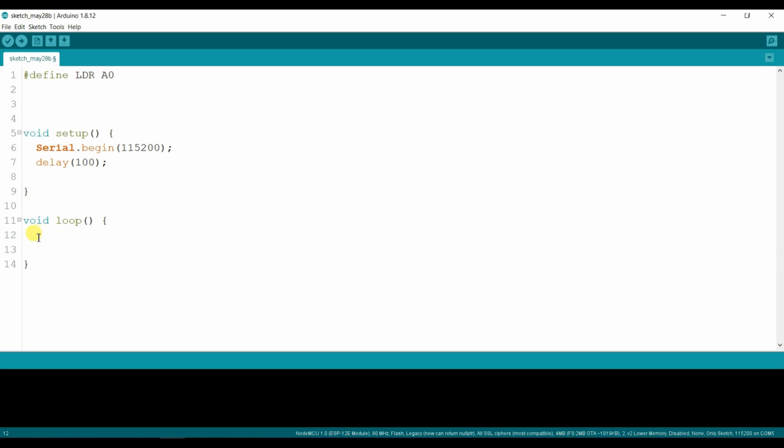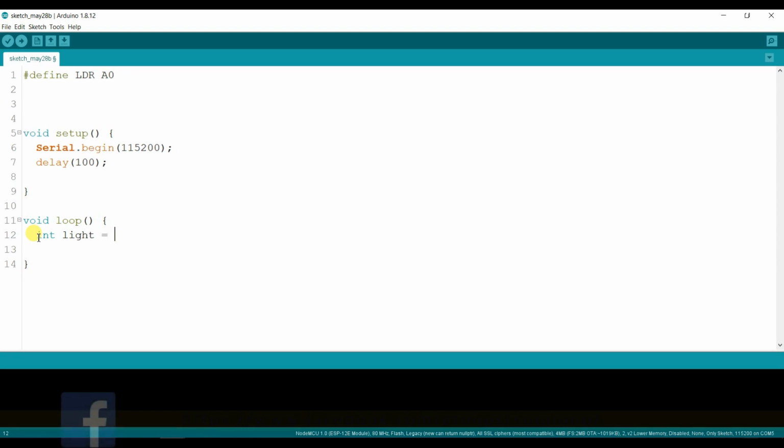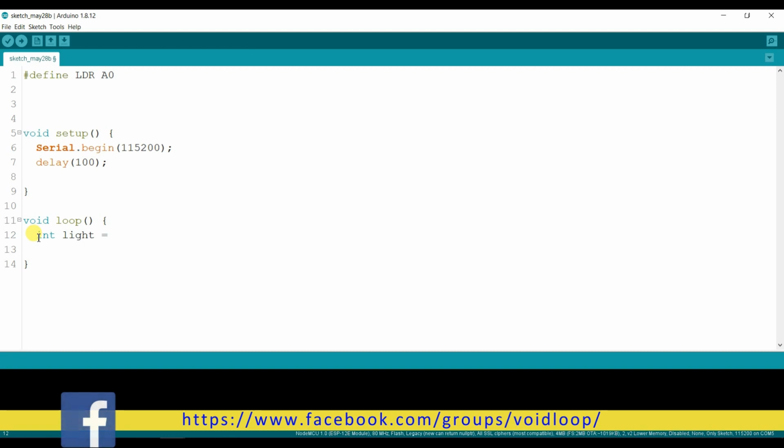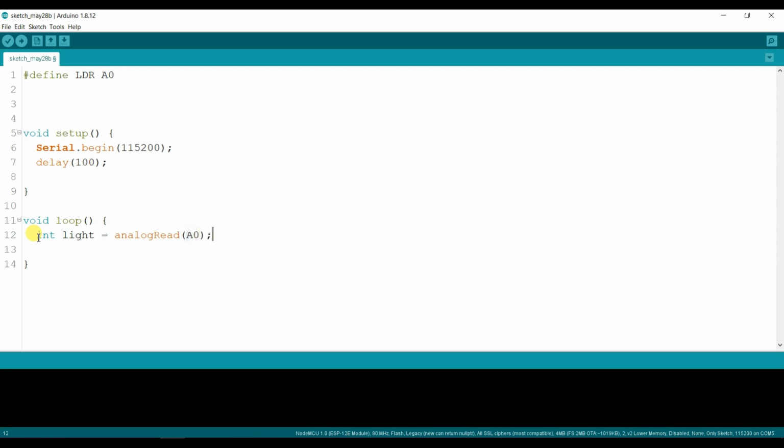I will read the LDR value here. First I will take a variable, light. It will store the value of analogRead to the A0 pin.